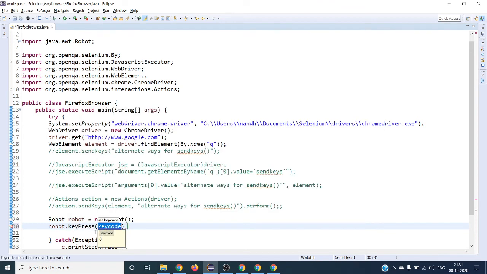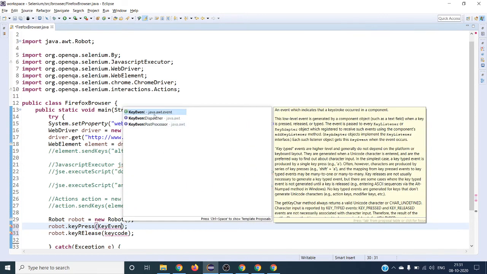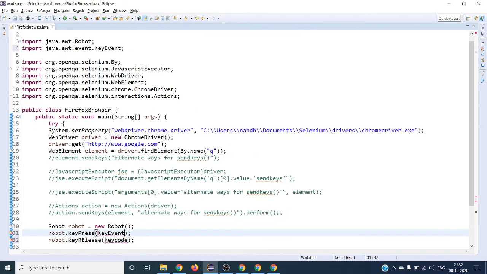First we have to press the key and then we have to release the key. For any press we have to give the two controls. For this, from the AWT package we have to use key events. It is coming from the java.awt.event package.